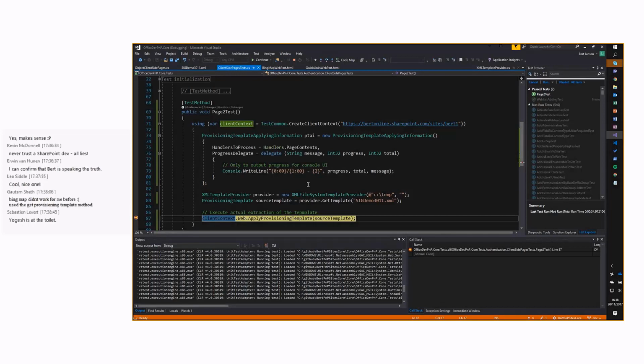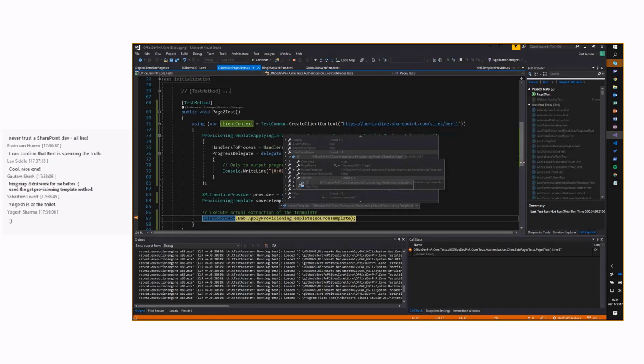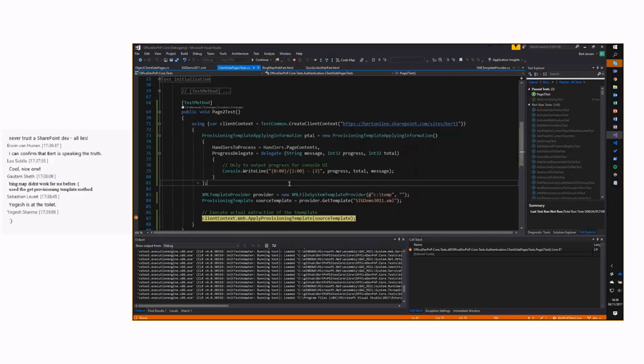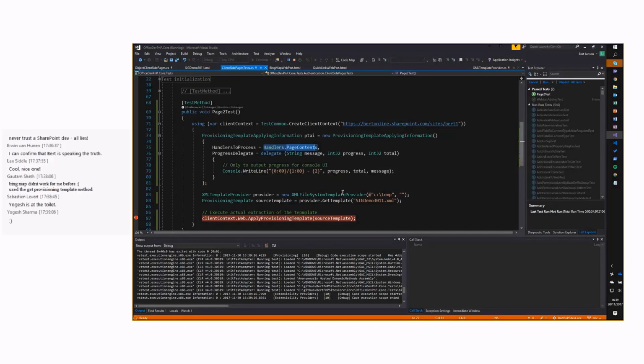Loading up the template, and the template has been loaded. So we have one template having one client-side page with one section, and in this section we have two controls. It's fairly small for you guys to read, but I can't zoom this because it then disappears. But essentially, two controls on the page like we defined in XML. I'm going to press F5 and the provisioning will continue. It will only do the page content handler specified over here, so it should be fairly quick. And once that's done, almost.